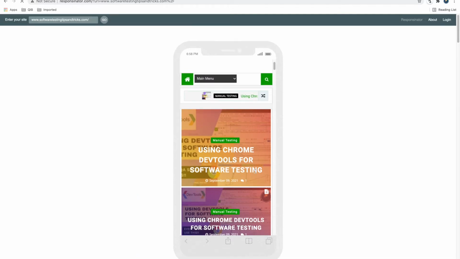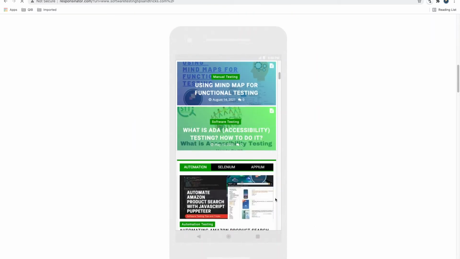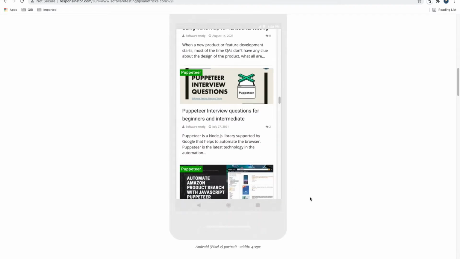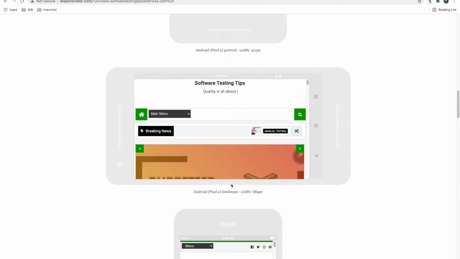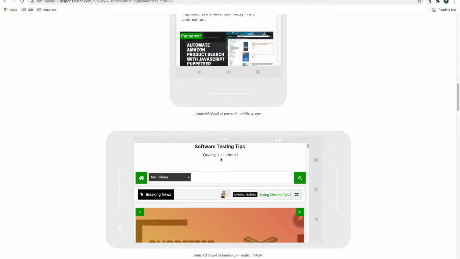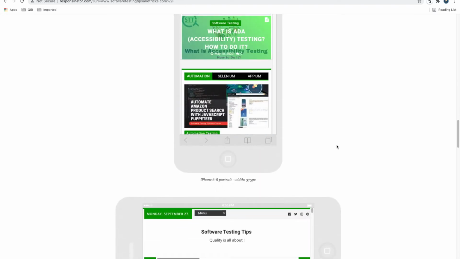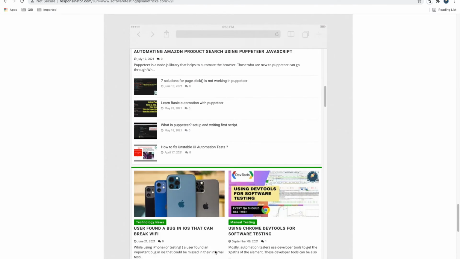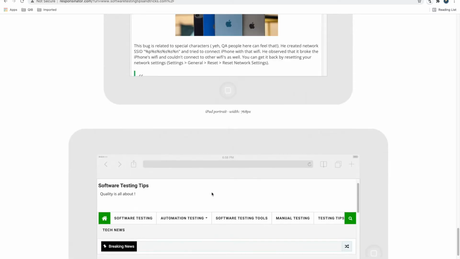This is the mobile screen size, this is in portrait view, this is in landscape view, and this is Android Pixel 2 landscape. This is portrait. This is iPhone 6 to 8 portrait. So they have some directly predefined sizes and you can test your things here on that screen size.